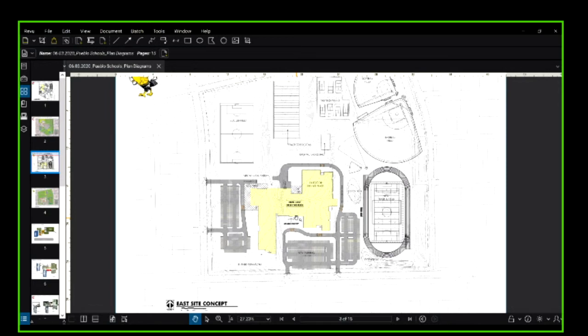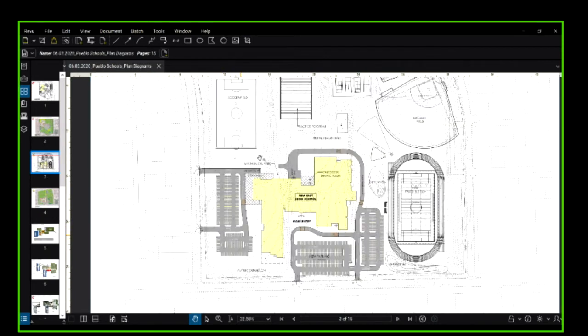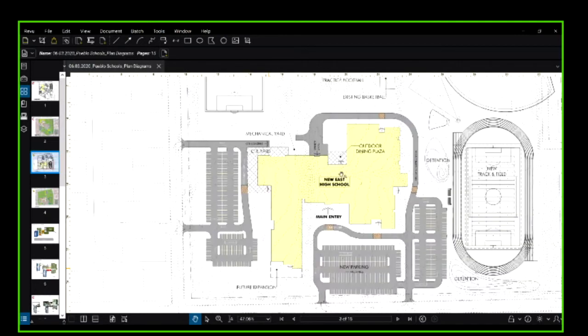We have to step the building either way because of all the different plateaus that we're dealing with. So now we're stepping it on this upper plateau and a main level versus what we were previously. We still have our main parking field south of the main entrance, and then we'll have faculty and our sped drop off on that upper plateau. And you'll get to see that in the plan here in a little bit.